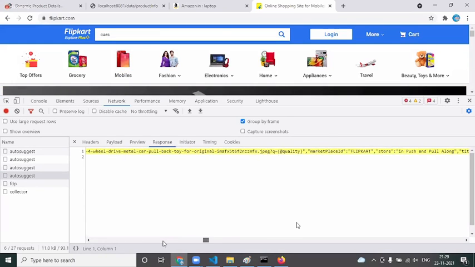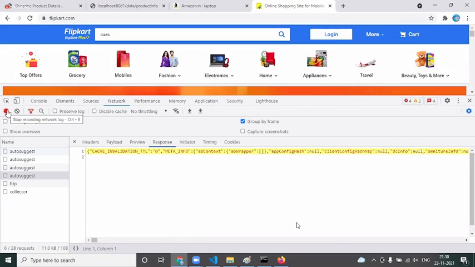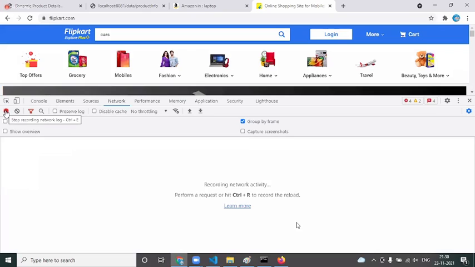Sir, is that red button one of the options which we selected, just below the console and elements? No, the red button is called record. Say, for example, I want to see from this step to this step what all things happened. You can simply say record, and all of it will be recorded. And at a time, you can see what all has happened.